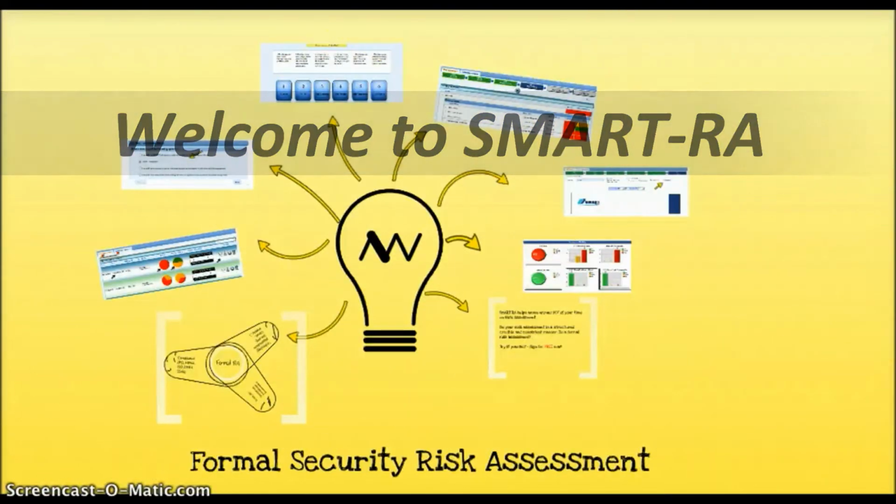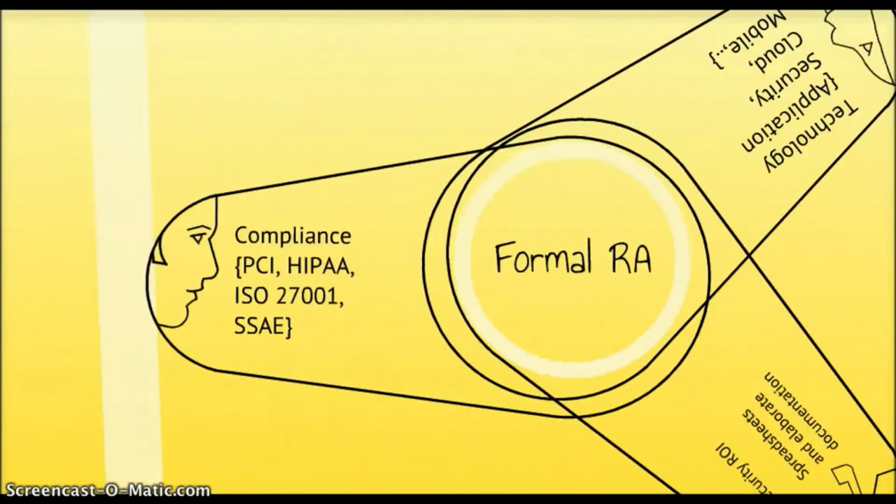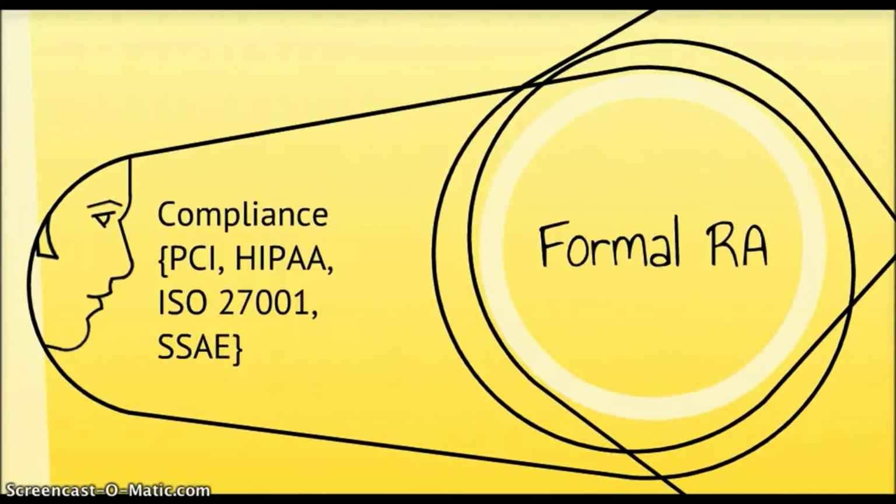Formal security risk assessment is the most effective way to [measure] your information security strategy. As someone said, if you can't measure it, you can't manage it. Apart from just being a good security practice, compliance standards also mandate formal risk assessments, be it the PCI-DSS risk assessment requirement, HIPAA along with the HITECH Act where risk analysis plays a crucial role in demonstrating meaningful use, ISO 27001, or for that matter SSAE 16, that is SOC 2 and SOC 3. All of them require a formal risk assessment approach.